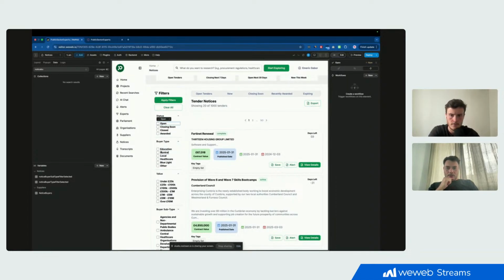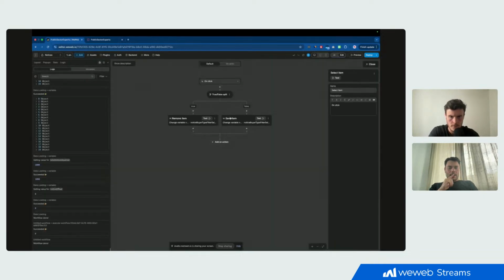I'm not sure if I created it somewhere, but basically, am I supposed to create a workflow on, oh yeah, I have this here, on selected item. So I would have it on click. I tried to copy what we were talking about last time. So I guess if it's clicked,